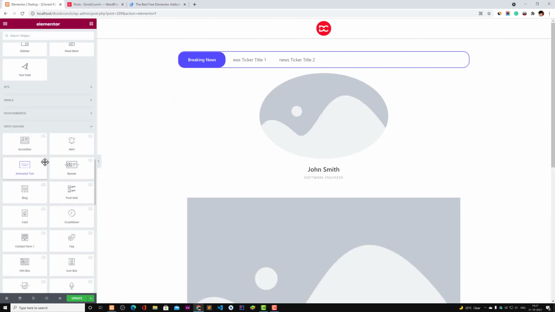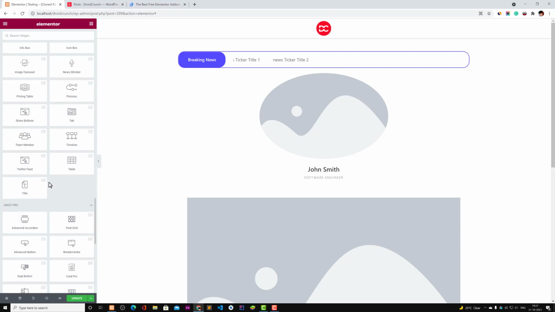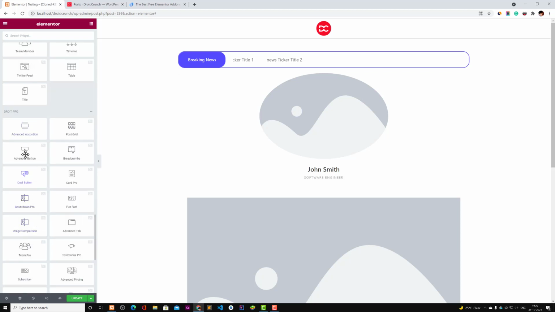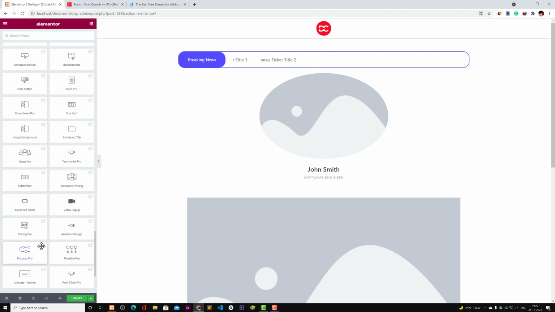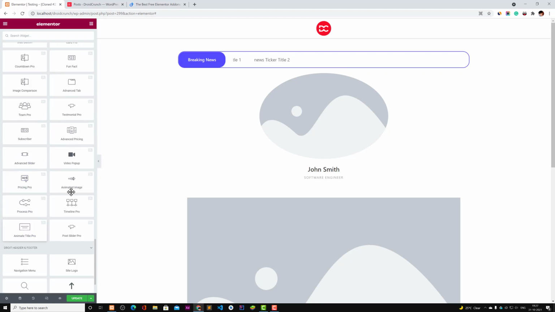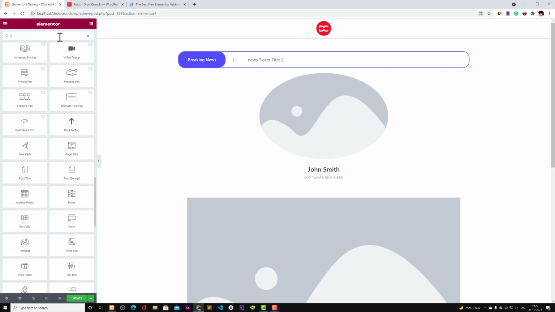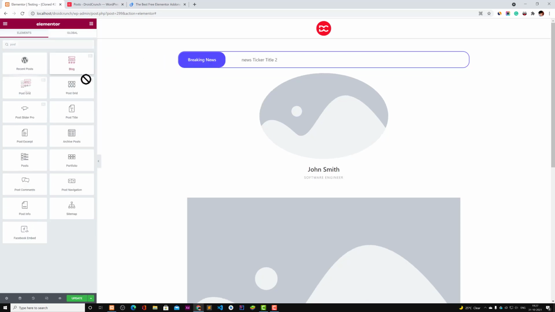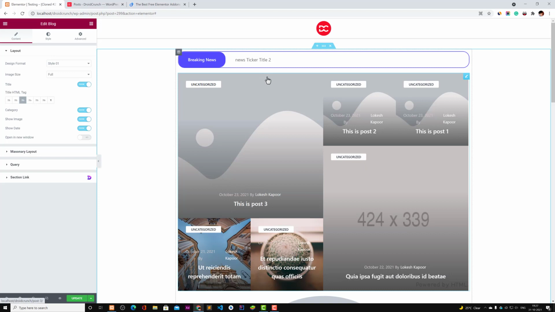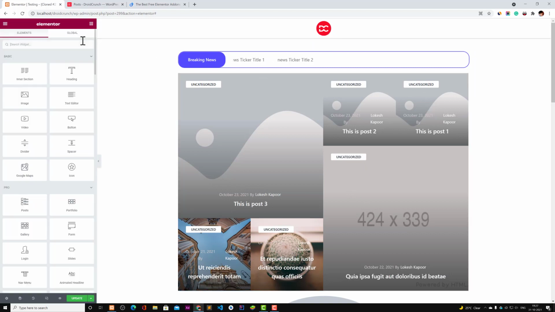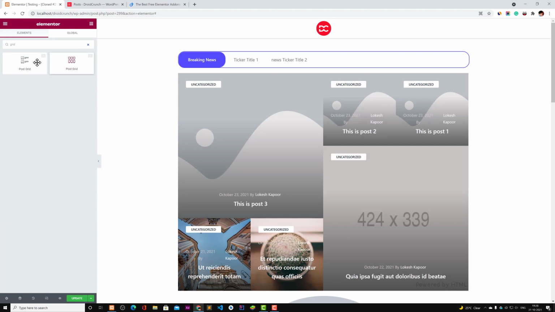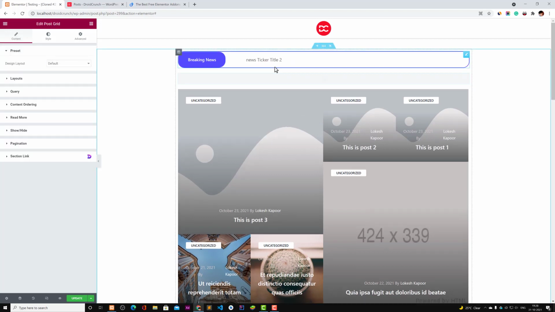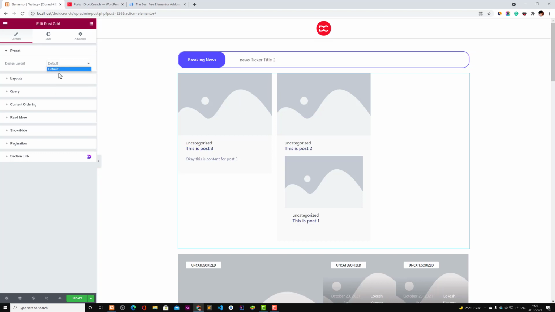This post grid I like the most. Let me show you this one, which is Theme Pro. We can search for it, I guess. This post block and this post grid. So when you use block, it looks like this, and when you search for grid, here it is. There are two post grids actually, but both of them are from Droid plugin. Okay, let's see. So this is how it looks.